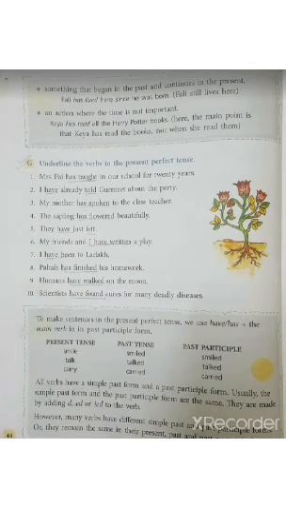Underline have written. Seventh, I have been to Ladakh. Underline have been. Eighth, Palash has finished his homework. Underline has finished. Ninth, humans have walked on the moon. Underline have walked. Tenth, scientists have found cures for many deadly diseases. Underline have found. To make sentences in the present perfect tense, we use have or has plus the main